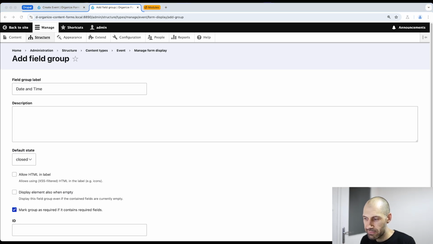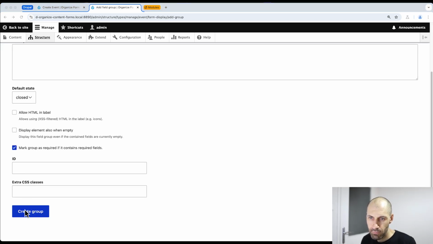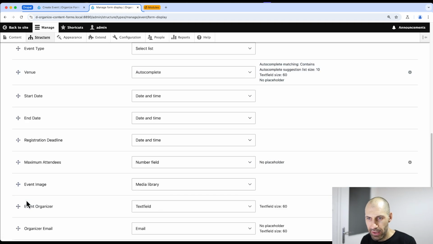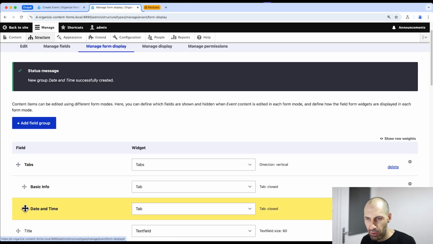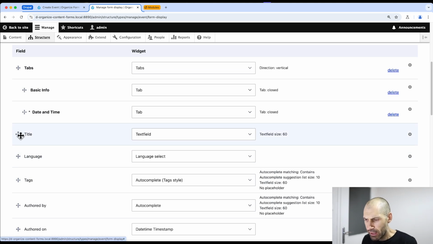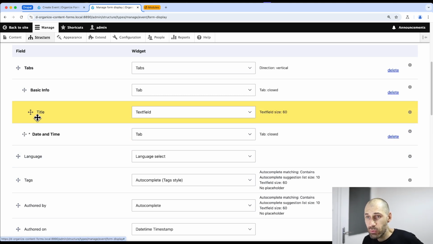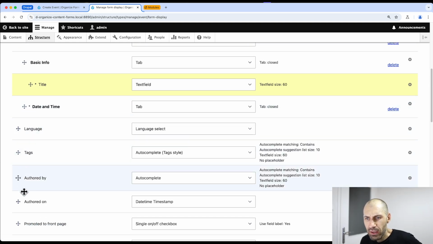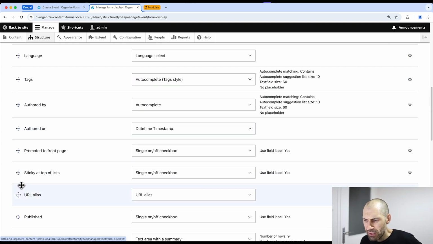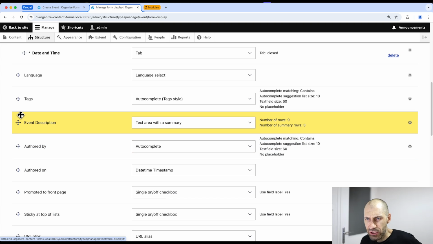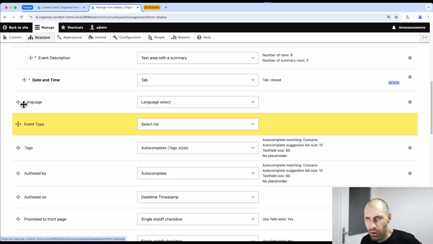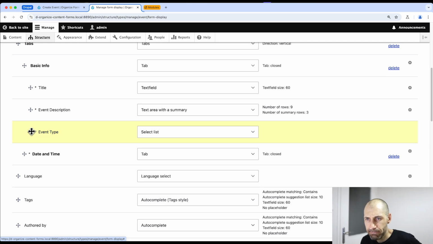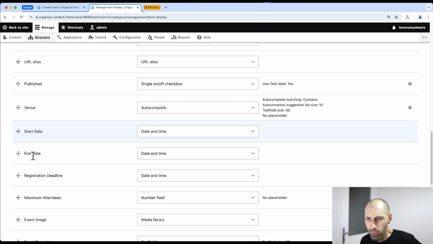And let's click on save. Click on create group. Let's move this below basic info, and let's organize the widgets into the tabs. So let's move title below basic info. The next one will be, where is it? Event description. The next one will be event type. The third will be